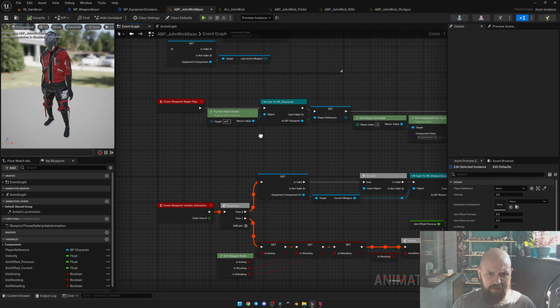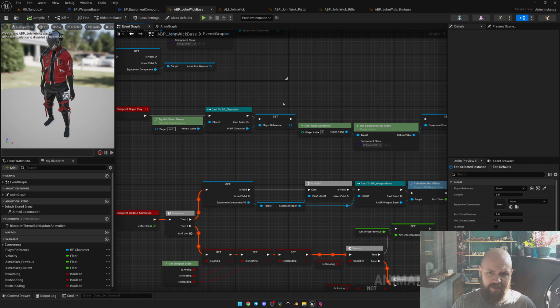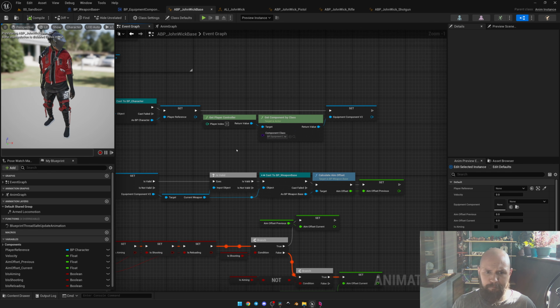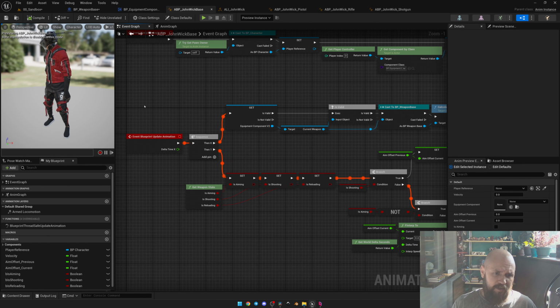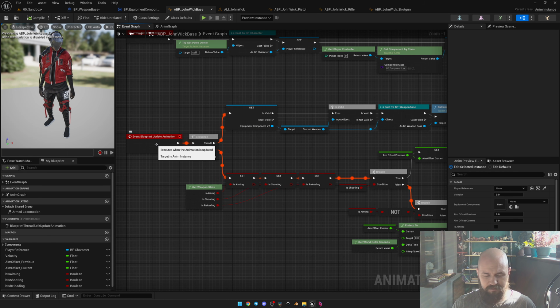On the begin play, I need to have the reference for my character and to my equipment components, so I can use them later. At the update animation event, which is fired every frame,